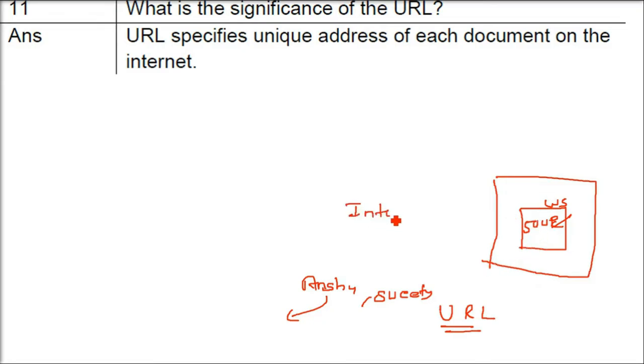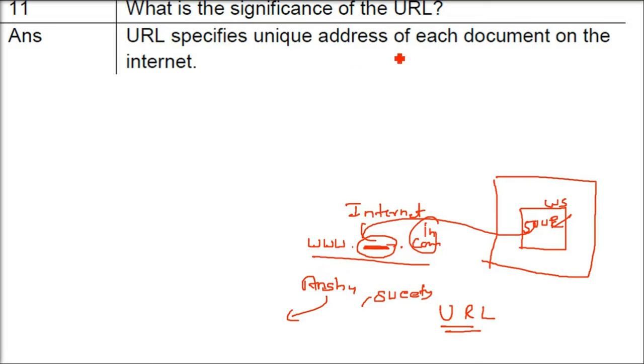Now what about the internet? The internet has millions of networks, millions of people are using it. So how is your website or web pages going to be named? So what is here, www.this.com? This combination is a unique URL, and this URL specifies the unique address of each